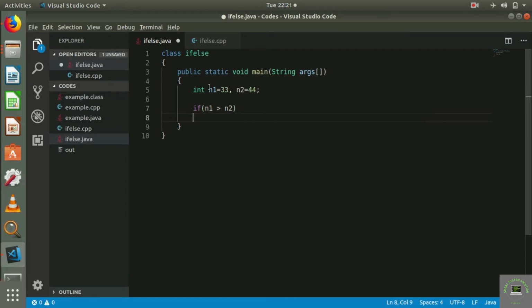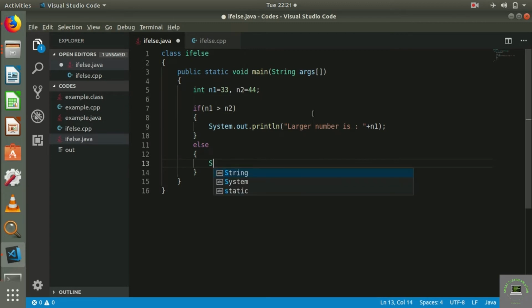If this condition is true, we will print out the value of n1. As per the condition, this n1's value would be greater than that of n2, and if this condition simplifies to true, that means n1 is larger than n2. So we display an appropriate message that larger number is plus n1, and we have another else block having a print statement